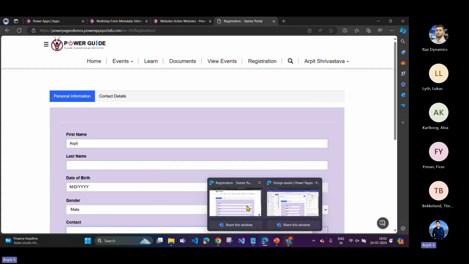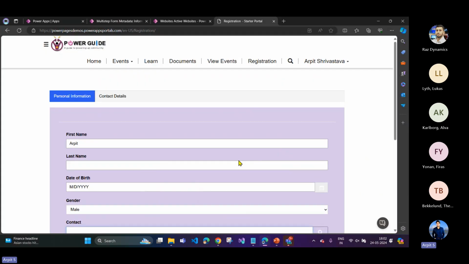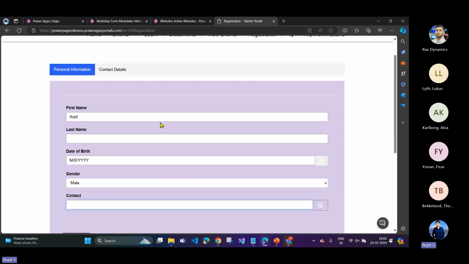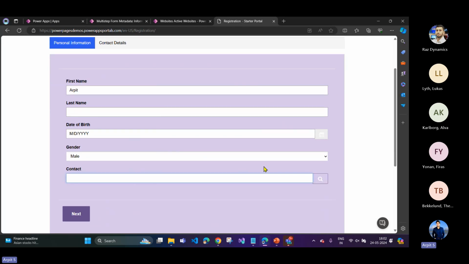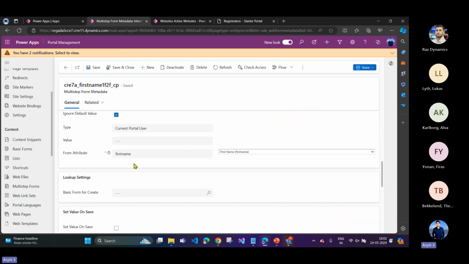Sometimes some information you want to auto populate while saving the data to the database, right? So for example, you are a developer working on some complex requirement, and you want to keep some of the fields hidden in the background. And at the time of submitting the data, you want to save the data in that field and push it to the database. So for that purpose, you will see,